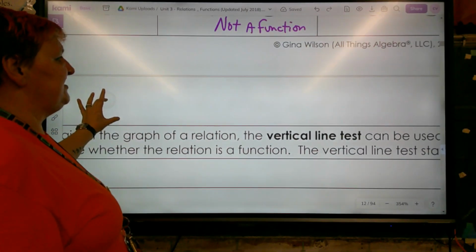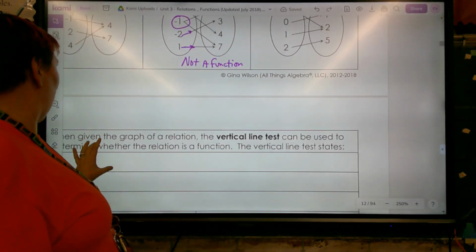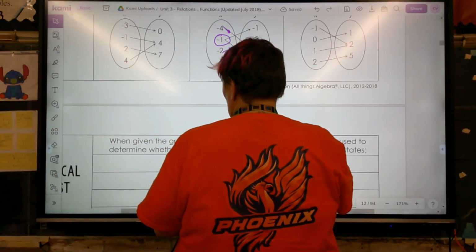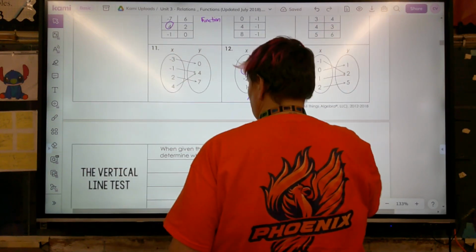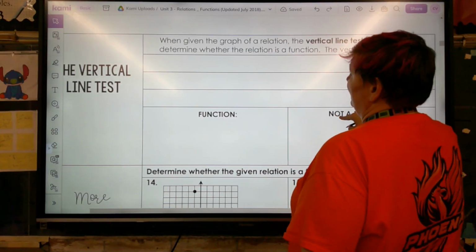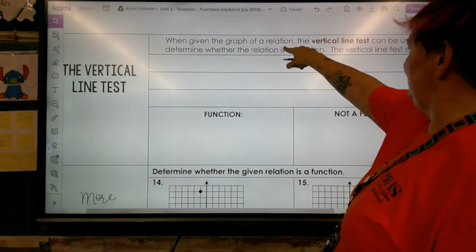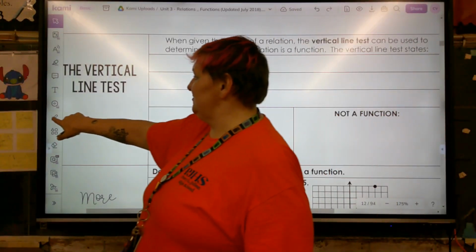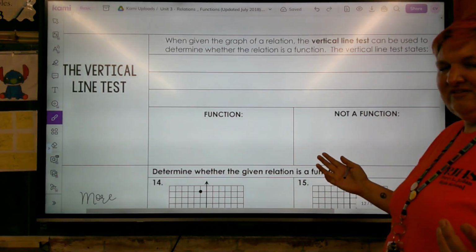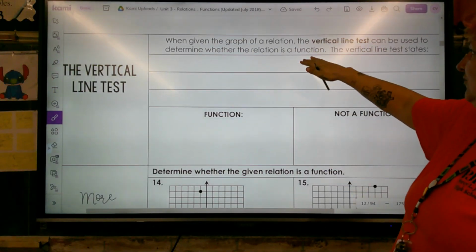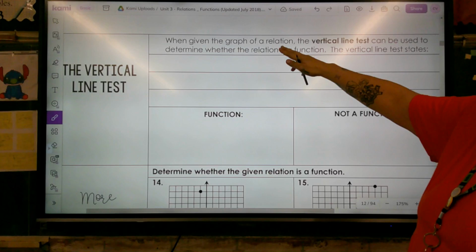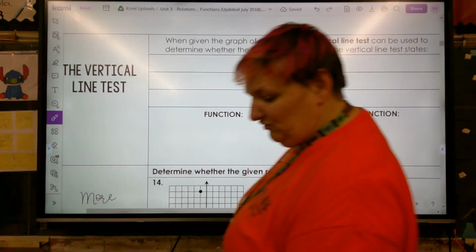Alright, there's another way to tell if it's on a graph. It's called the vertical line test. It's called that because we make a vertical line, but I don't want to jump the gun here. The vertical line test says, when given the graph of a relation, suppose they give it to us on a graph instead of a table or a map or a set of ordered pairs, which we've already just done. What if they give it to you on a graph? The vertical line test can be used to determine whether the relation is a function. The vertical line test states